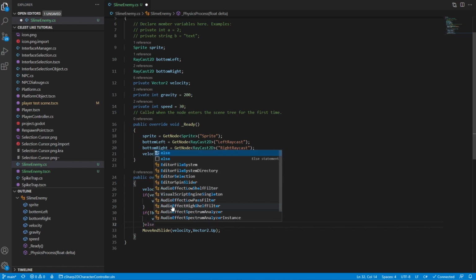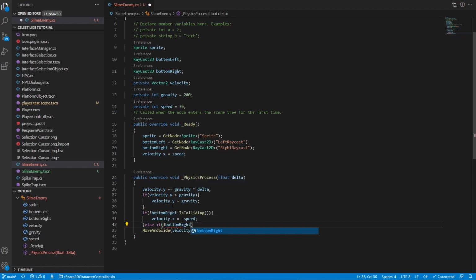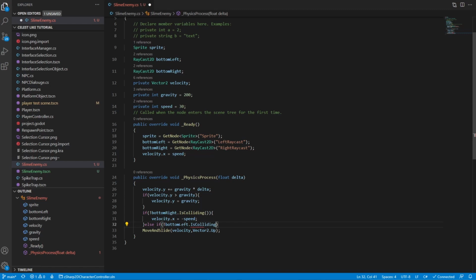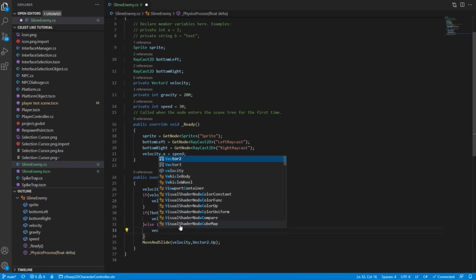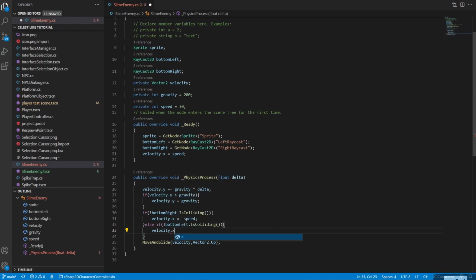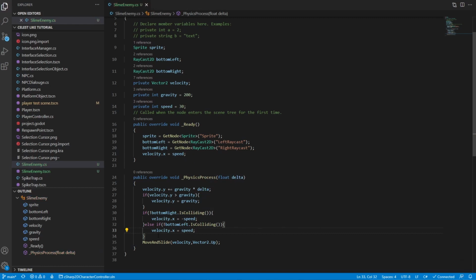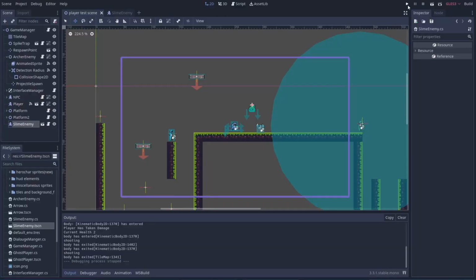So else if not, oops, I misspelled bottom. Bottom left dot is colliding, right? Then I want my velocity dot x to be equal to speed. All right, so what that's going to do is say, hey, if these aren't colliding, then go one way or go the opposite way. So now if we go ahead and hit play,